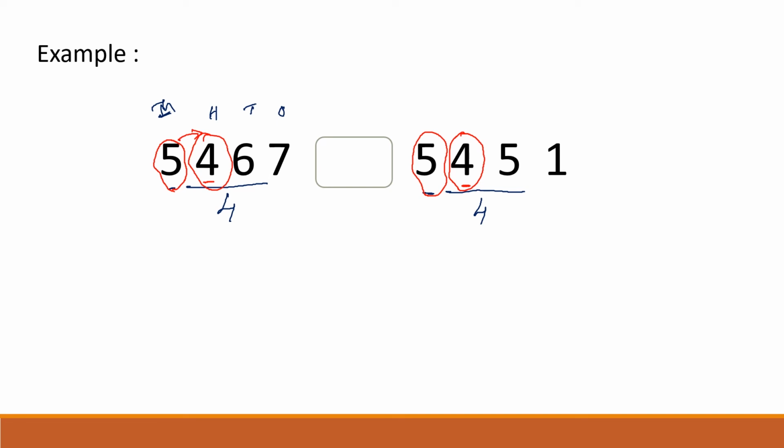So we can't compare these two places. Then what do we have to do? If the two numbers have the same number of digits and the same higher orders, then we have to go to the next order. Next order is the tens place. On the left hand side we have 6 tens and on the right hand side we have 5 tens. Now compare whether 6 tens is more or 5 tens is more. As we know, 6 tens is more than 5 tens. Then we can conclude 5467 is more than 5451.